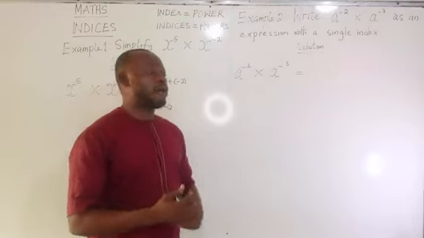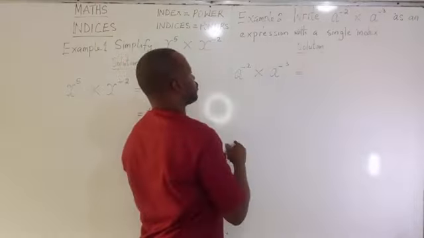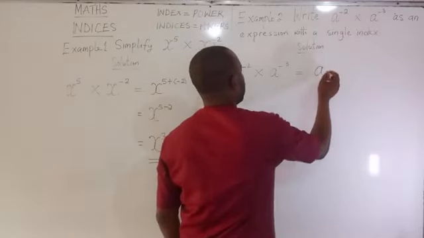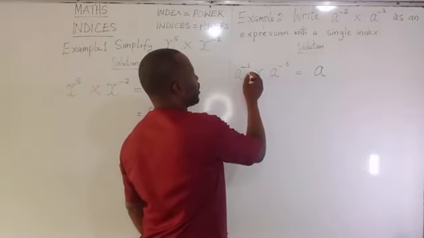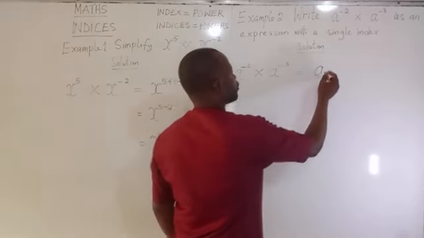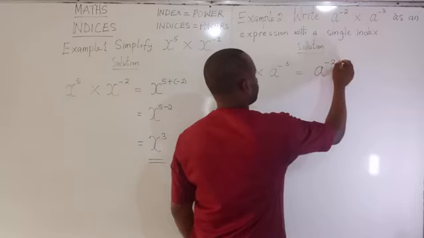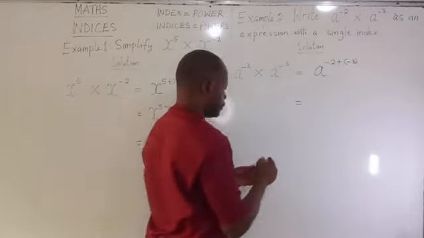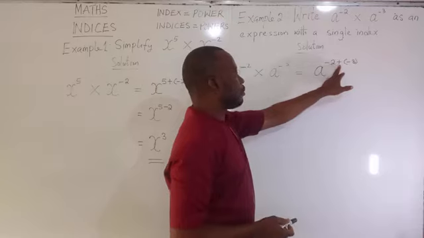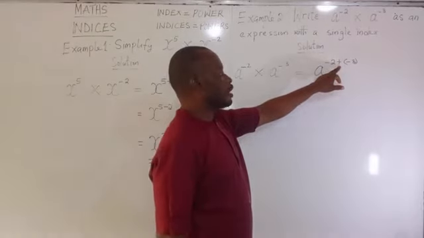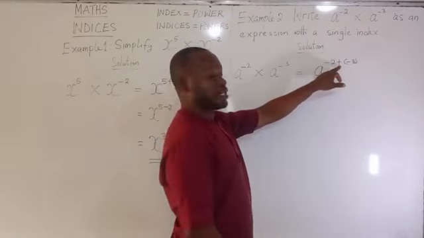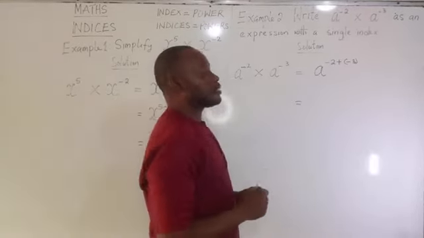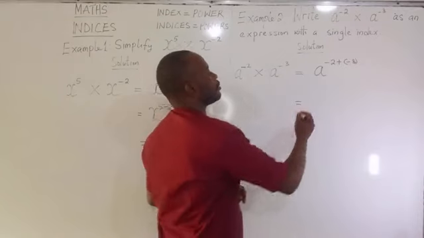and sum the powers. So we have a raised to the power minus 2 here, multiplied by a raised to the power minus 3. It's going to be equal to a raised to the power minus 2 plus, bracket opens, minus 3, bracket closes. Do you understand? This plus is because we are obeying the first law of indices. And then the next power we're going to introduce, since it's a negative power, we're going to include it in brackets. So that by the time we clear the brackets, we're going to get a single number